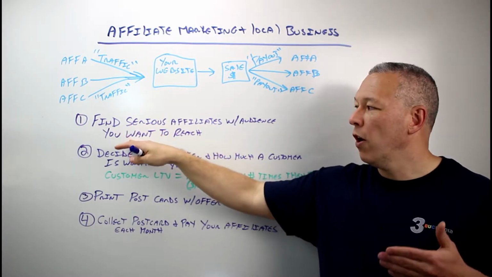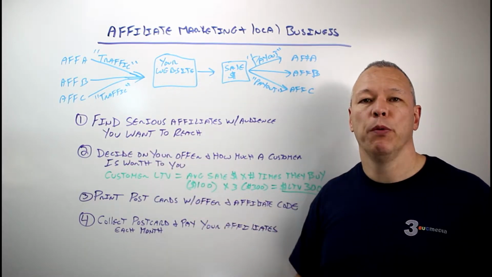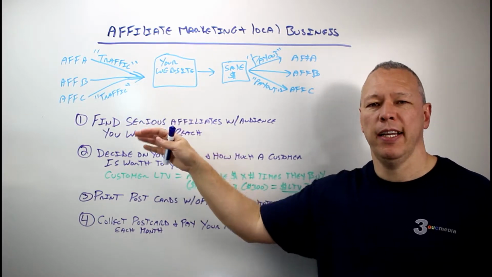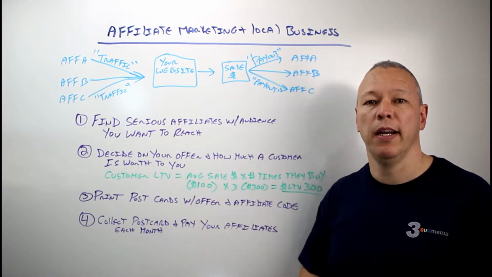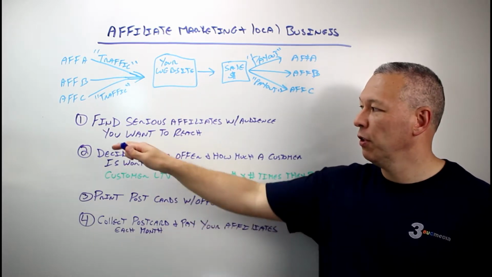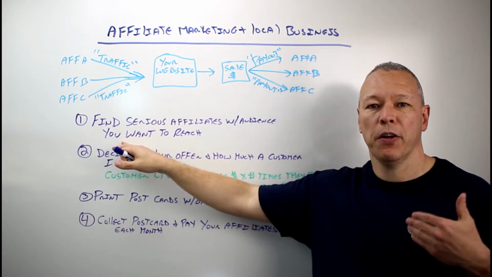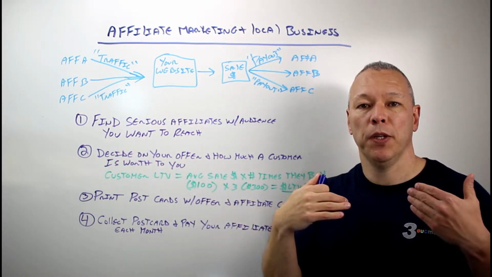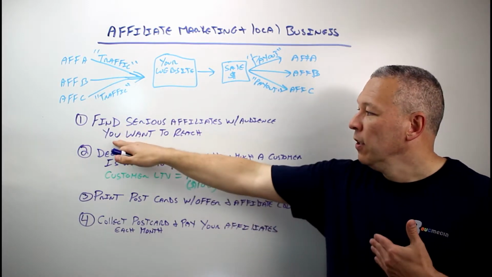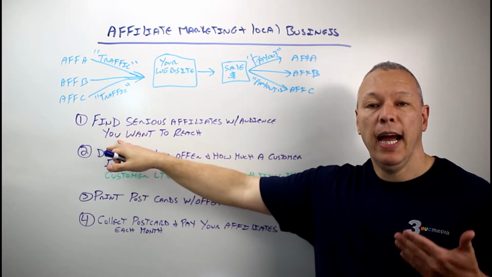One of the hardest parts of trying to set this up is educating people that aren't familiar with affiliate marketing on how it works. It's probably easy to get people to say, yeah, that sounds good, I'll do what I can. In the end, most of them aren't going to do anything for you. They're not going to do any kind of promotion. So you really need to spend some time making sure that they're serious, that they get it, and they're gung-ho to help you get more customers so they can get paid as well. So you want to start to curate a list of these types of businesses